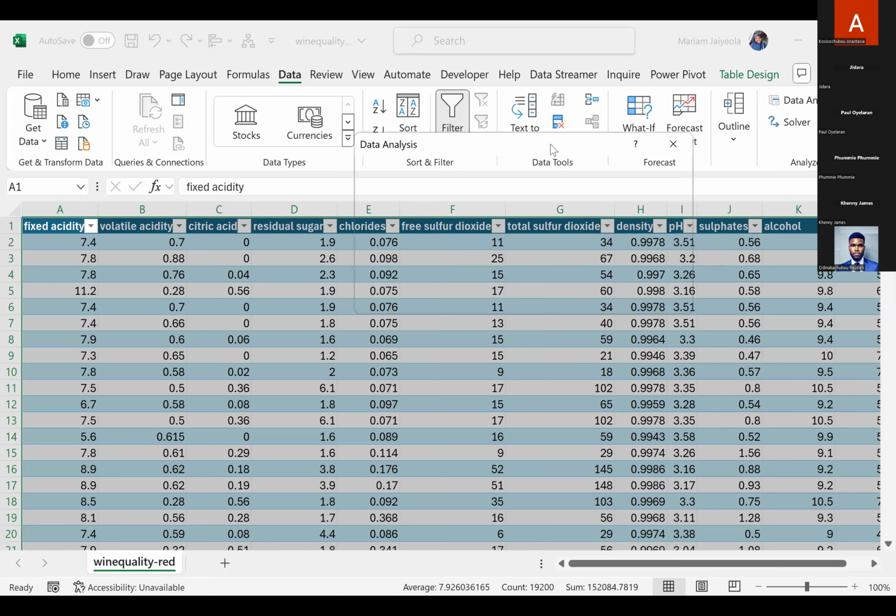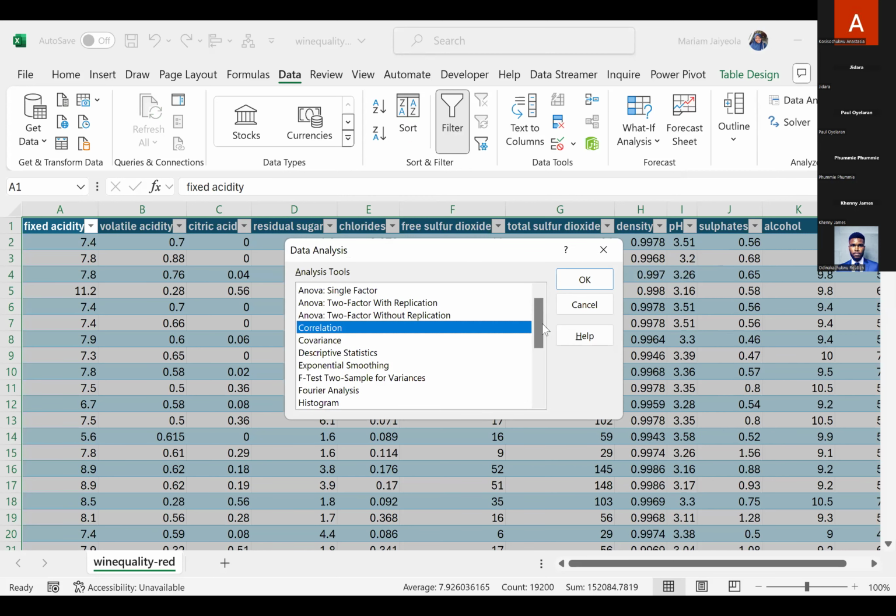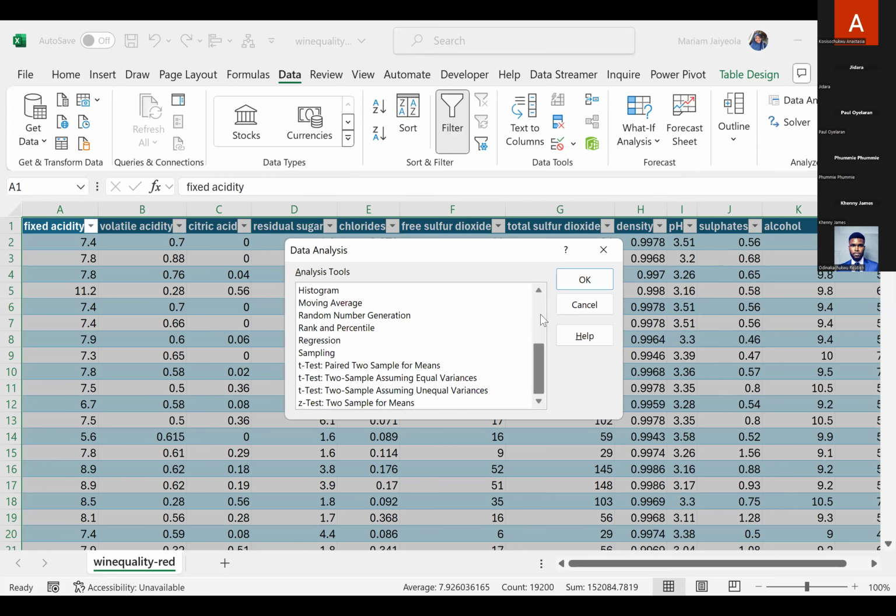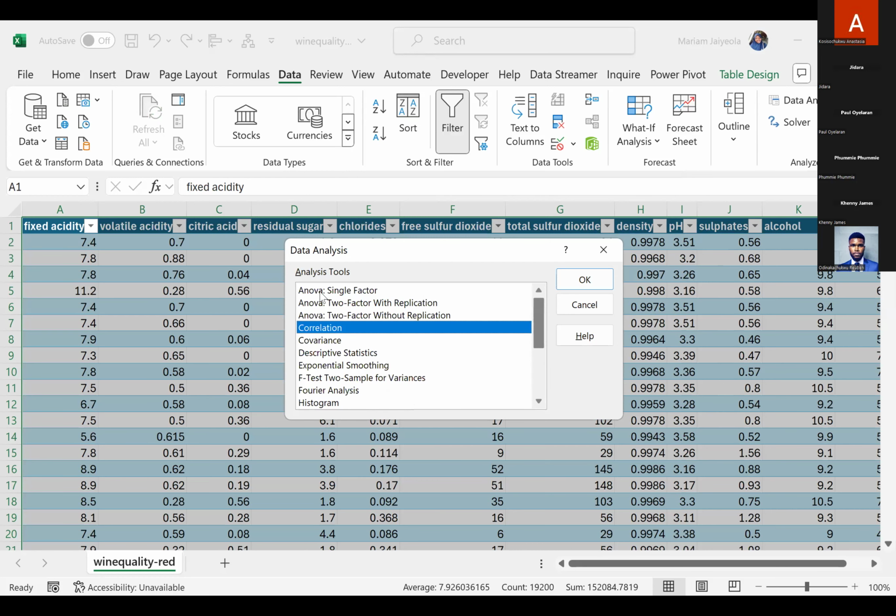So you have all the kinds of analysis you can do here. Excel allows you to do ANOVA, run descriptive statistics like looking at the mean,